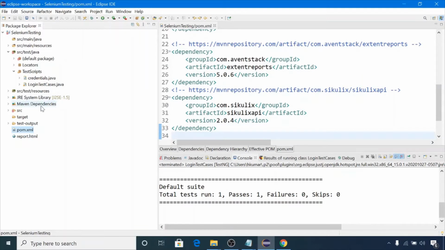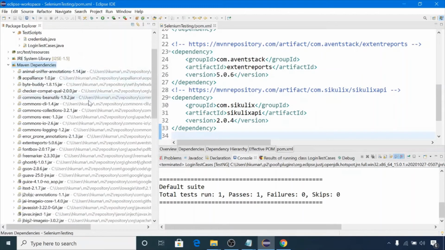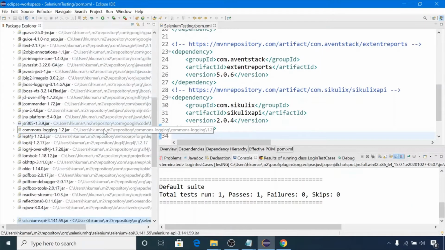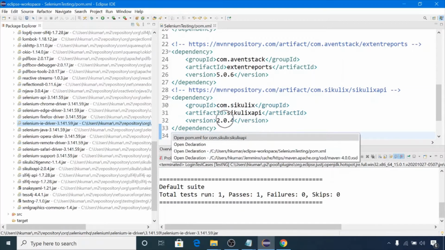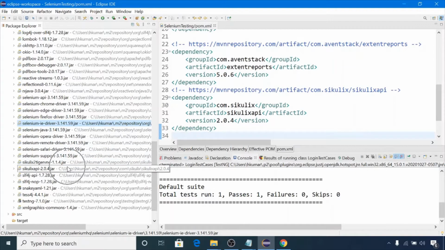We need to check it in Maven Dependencies. Expand this folder, and here we will find the jar files. Search with S. It shows us the SikuliX API jar file. Our version was 2.0.4, and we are getting the 2.0.4 jar file here. So we have successfully downloaded the SikuliX API jar files.